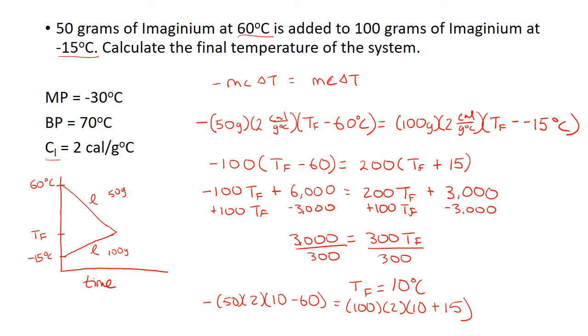Sorry, 50 times 2 times 50 gives us 5,000. And then the other side of that, we have 100 times 2 times 25 is 5,000. So it works out. Once you get your answer, you can double check to make sure that your work